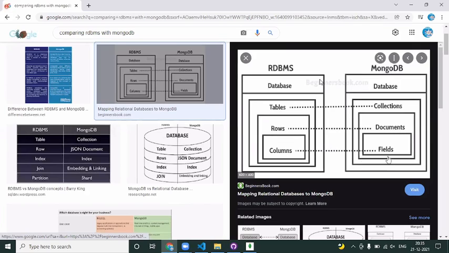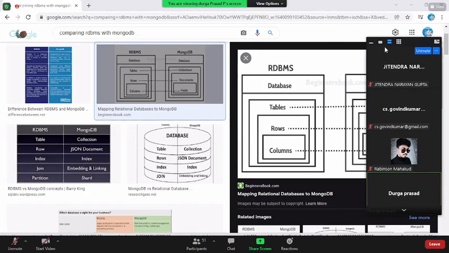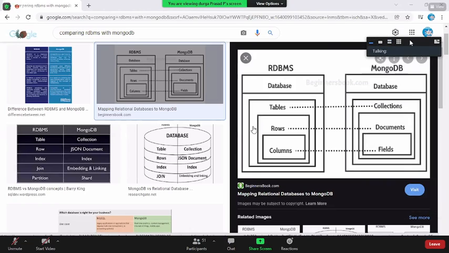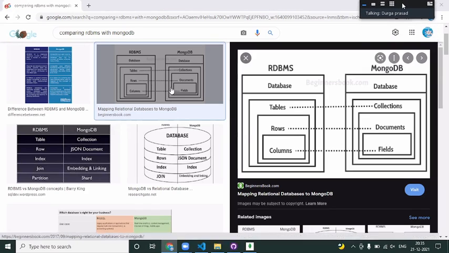There it is a column; here we call it fields. In a table, every row should have the same type of structure. Values could be different, but coming to documents, it's not mandatory to have the same type of structure for every element. You can have any type of structure for every document here. These are the advantages we have.